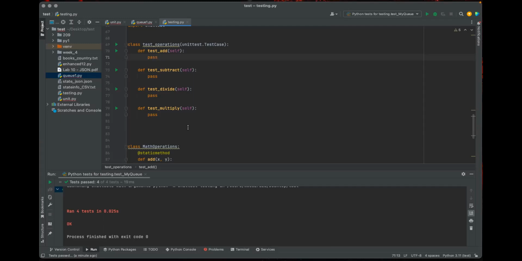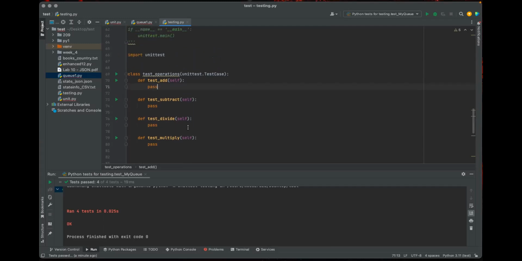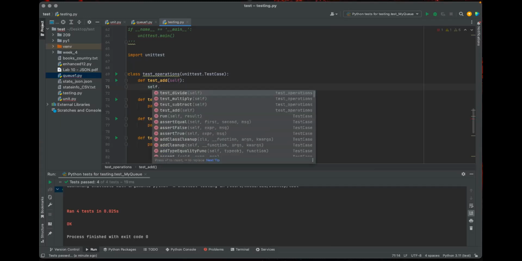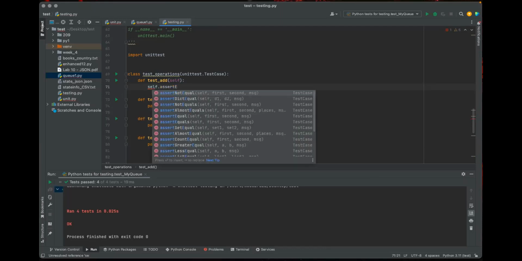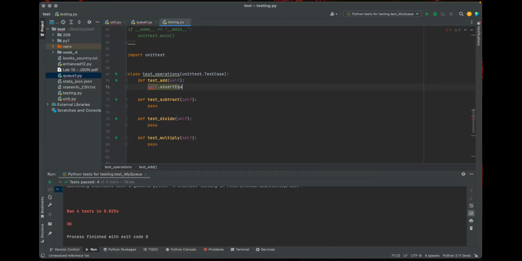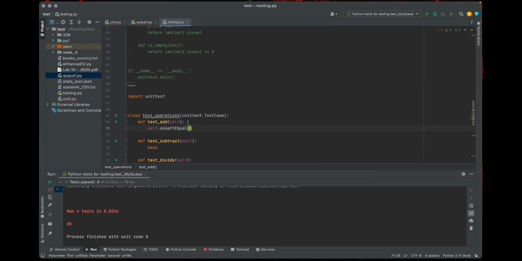Assert equal takes 2 values. Exactly. So this one would be equal. We want to make sure that our method add is able to add 2 parameters and return the result correctly.